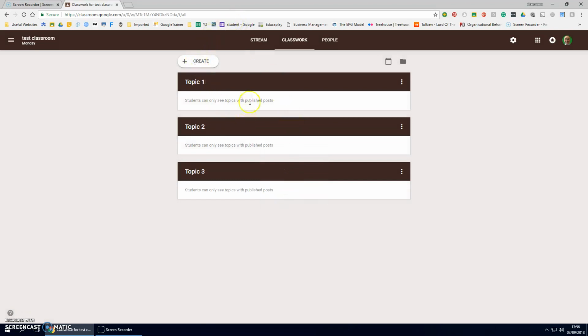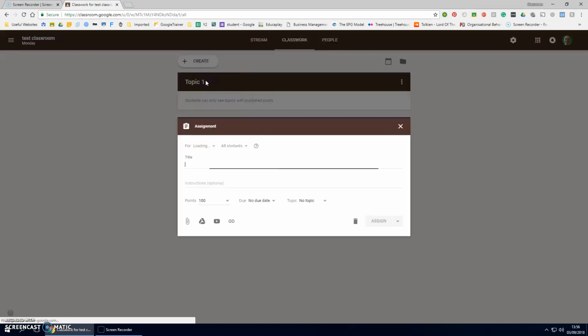Now the students won't see those, as it says here, until actually something's put in there. So we're going to create an assignment. At the minute, that's the only way that we can put resources into a topic. There is going to be a resources option, or a class notes option, whatever Google decide to call it, and that's going to go in here as well. So for the moment we're going to click assignment,